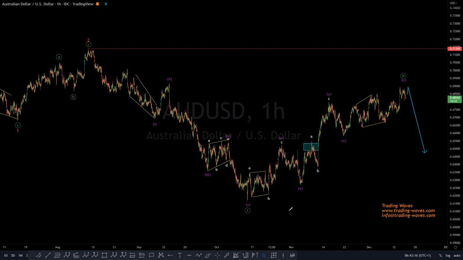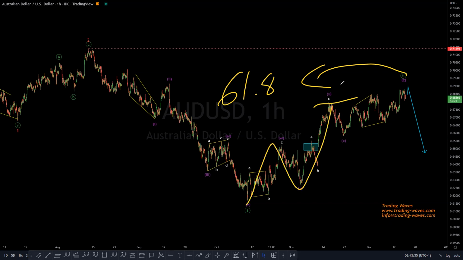But the question is, when do you enter? If you believe wave 2 is done there, when do you enter? Right? And that speaks now to what happens after wave 2. If you blindly just jump in and say, well, the 61.8 retracement level has been reached and the equal leg within wave 2, that's between W and Y of 2, has been reached, I'm closing my eyes and I'm going with 10 lots,